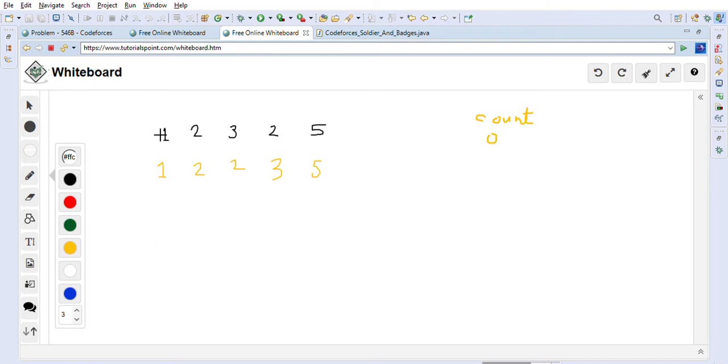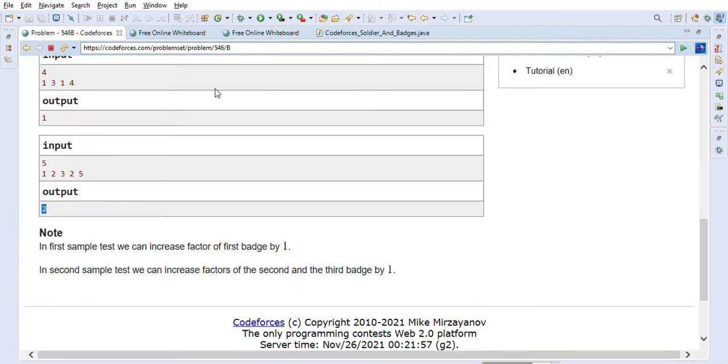Let's go through this second example over here on the whiteboard. This is the given input, all these coolness factors that are given to us, right? As you can easily see here, the 2 is repeating. So we have to make one of the 2s into 4, right? Then if we make this 2 as 4, it will be 1 2 3 4 5, so all will be distinct in that case. We increased 2 by 2 units, so we will need 2 coins for that. So you can see the answer is 2 because of that.